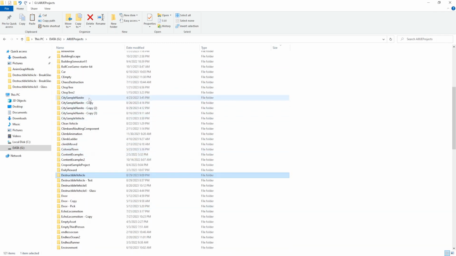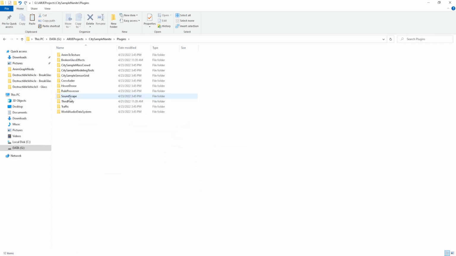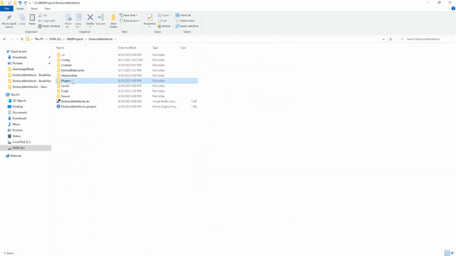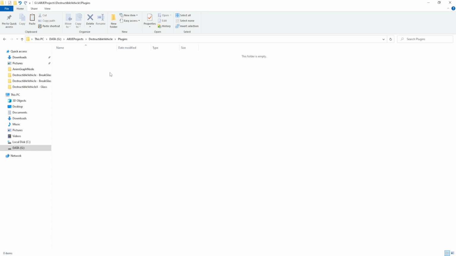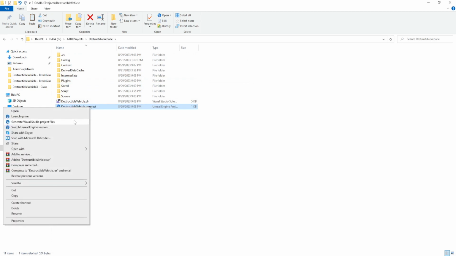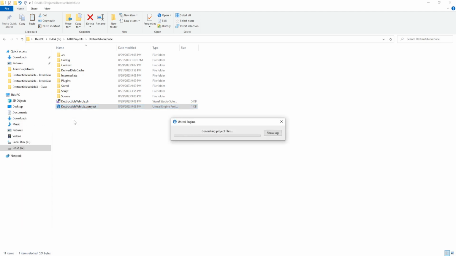Then find our City Sample project, go to Plugins, copy this broken glass effect plugin, Ctrl C, and copy it to this Plugins folder. Then right click, generate Visual Studio project files. We have to regenerate it when we add any code to the project.